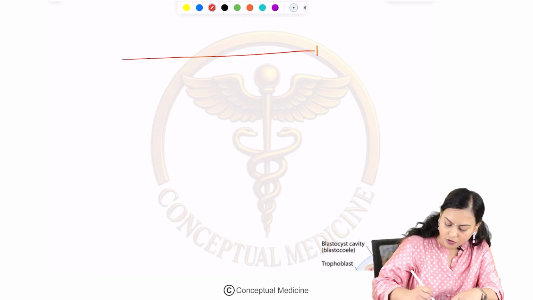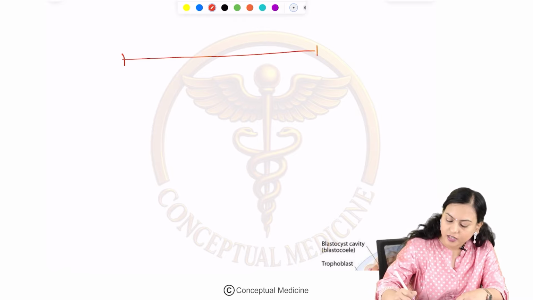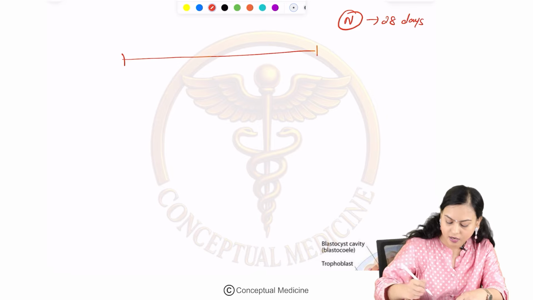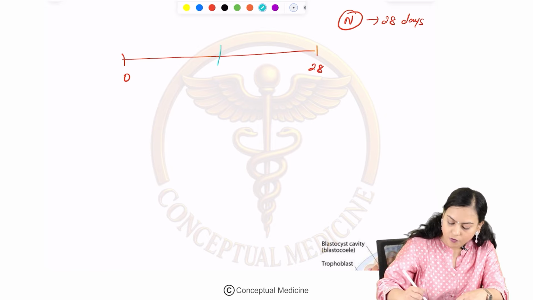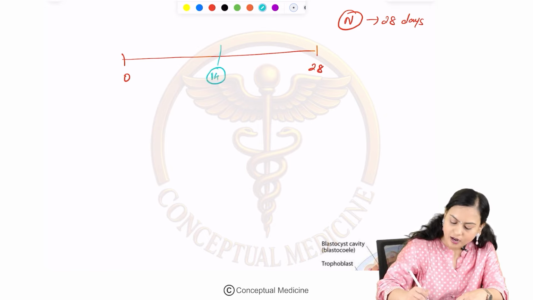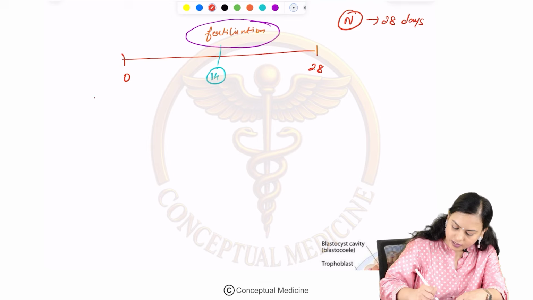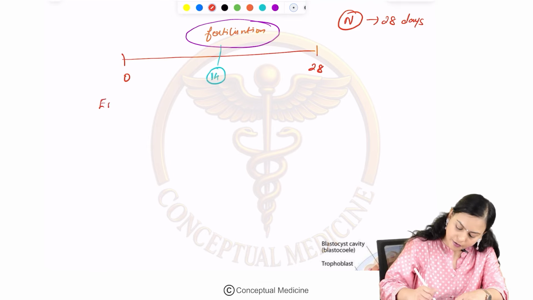So, we assume that a normal menstrual cycle of a female is around 28 days. If so, the ovulation will happen on the 14th day, right? And we assume that fertilization happens on this day of ovulation itself. So, if we consider, in embryology,